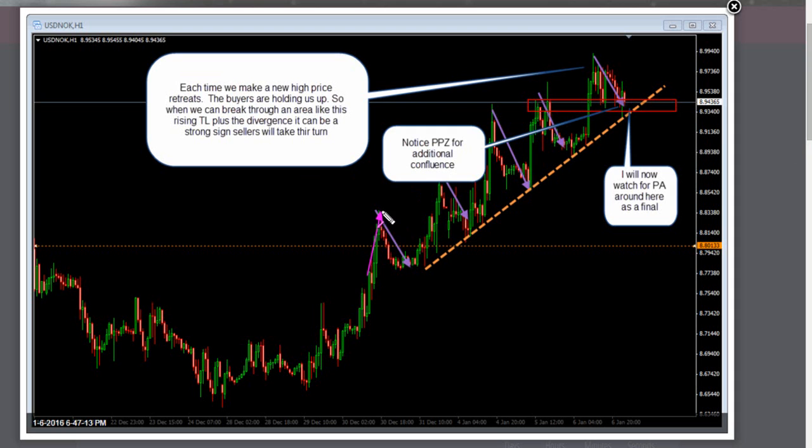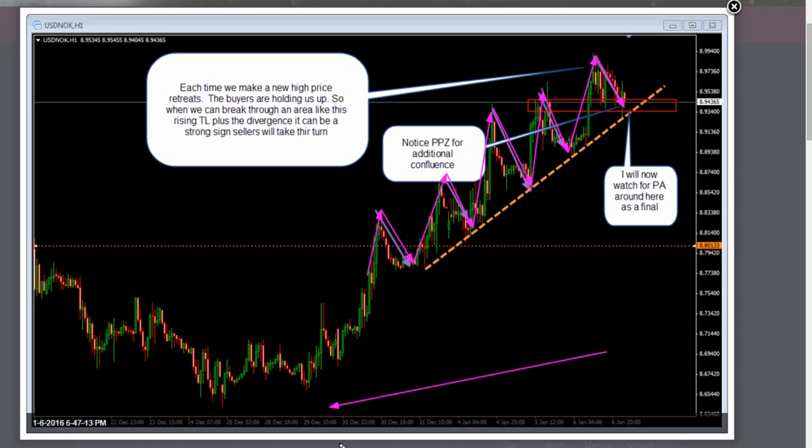So every time price is making these new highs, it retreats, makes these new highs and retreats, makes these new highs and retreats. So the key here was this rising trend line, which is capping the selling. So buyers are coming in here. We have a strong uptrend, but the momentum is weakening to the upside. Again, this is divergence here.